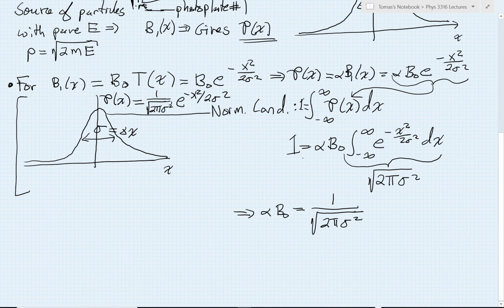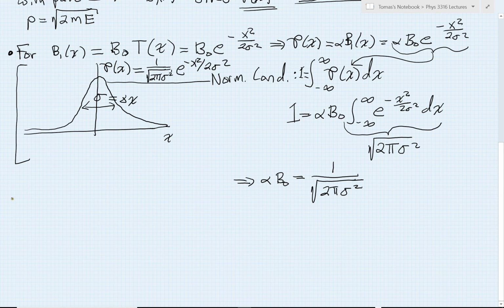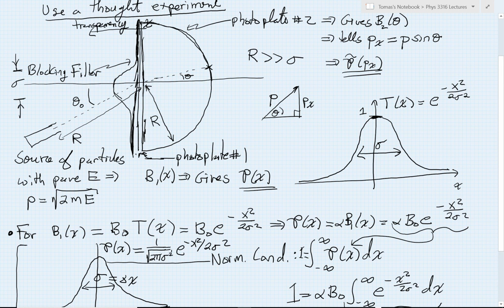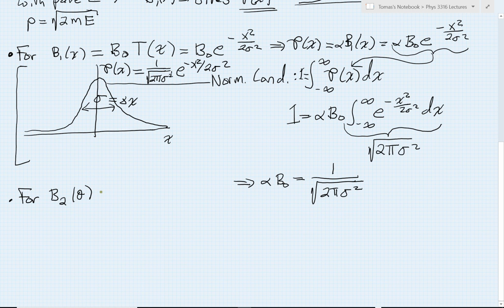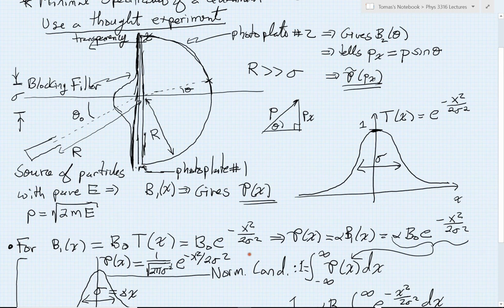Our next task, our next job, is just a little bit more complicated. Now what we want to determine is the brightness on that far away photoplate 2. This is called sort of the far field. We know the standard procedure for calculating these things, because we calculate it just like we would for light, because we've seen that electrons follow exactly the same diffraction patterns in the G.P. Thomson experiment. So we can treat this as though we were doing a light calculation from our course on waves,